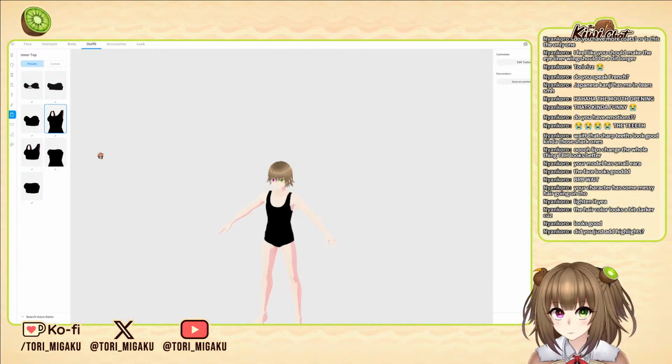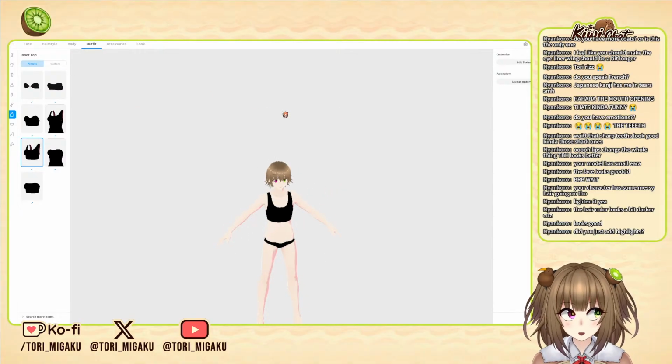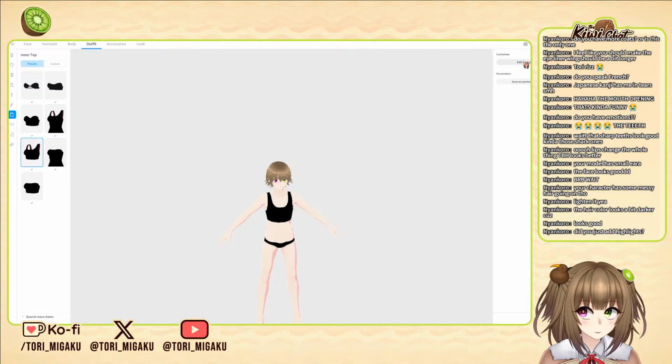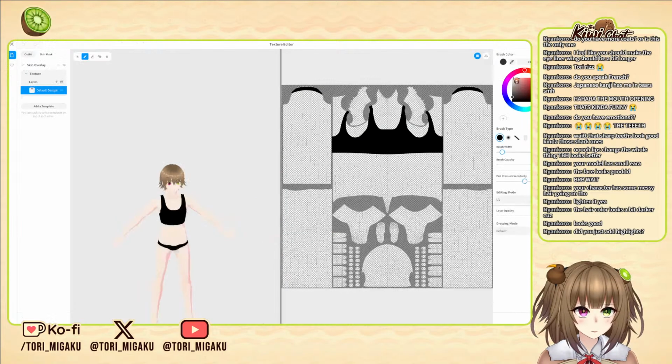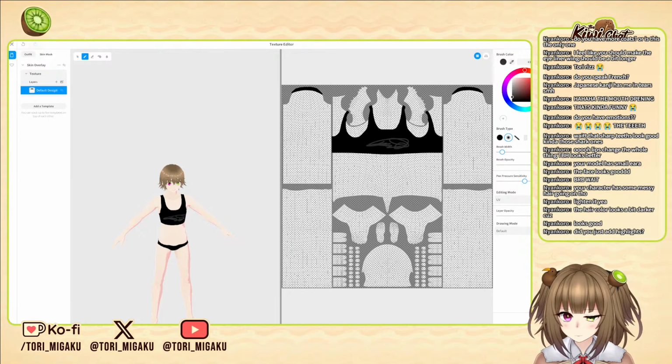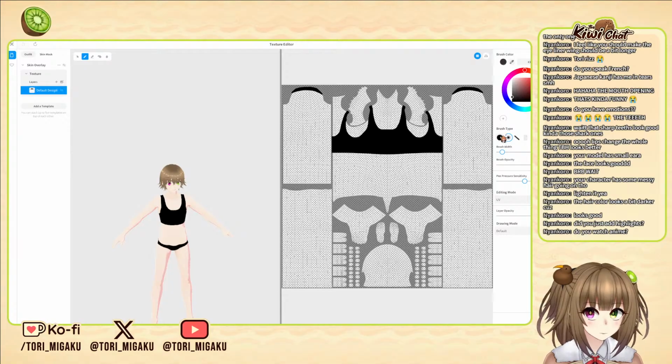Oh, there is no option for nothing. That makes sense. They can't show nipples. It doesn't seem to be a color option though, which is weird. I think that's what you'd do though, right? So you could just go like do